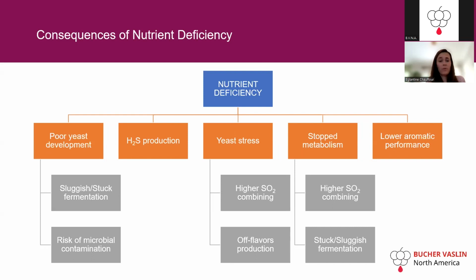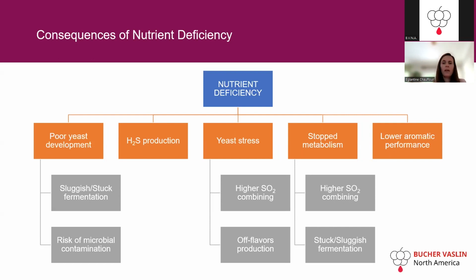Then the yeast is going to produce H2S. When there are not enough nutrients, the yeast can't transform any sulfur molecule into amino acids, so she will expel them as H2S. So it's important to have a good nutrient program for this. The yeast is going to be stressed as well. When the yeast is stressed, she produces higher sulfur combining molecules, such as ethanal, but also flavors such as VA and reduced